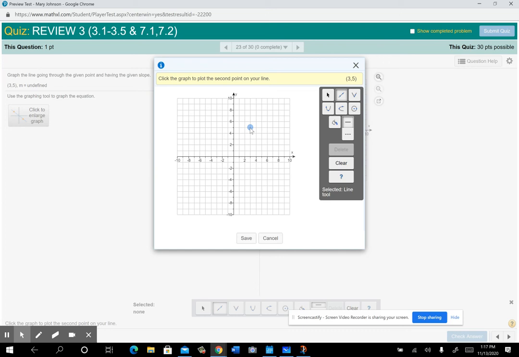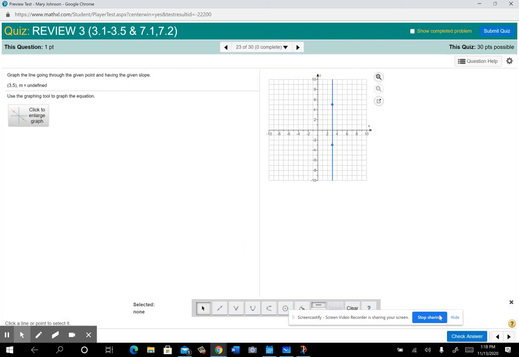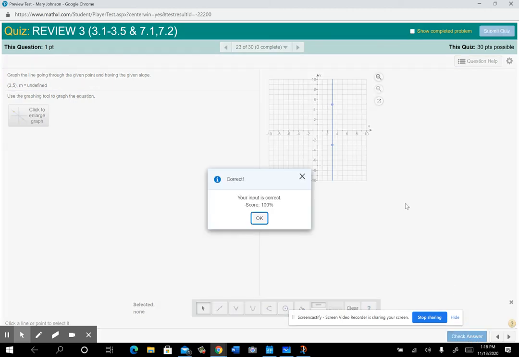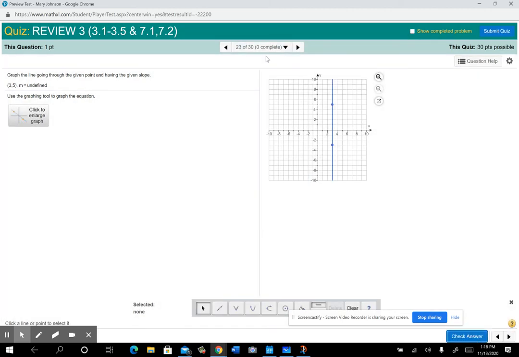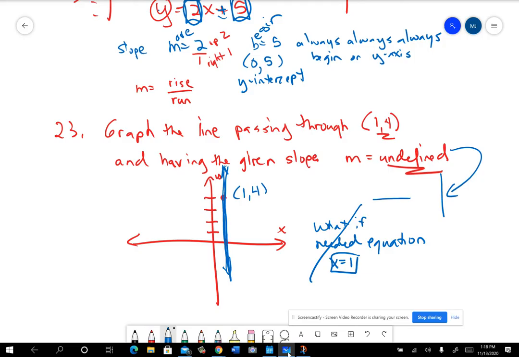And then if I want the line to be undefined, I have to drag to go to another point, and the point needs to be up or down. It doesn't need to be in a certain location, just anywhere up or down from there. Then I'm going to save that, and that's what they're looking for. All right, so that section of problems deals with finding slope and graphing using slope. So I'm going to stop this video and post